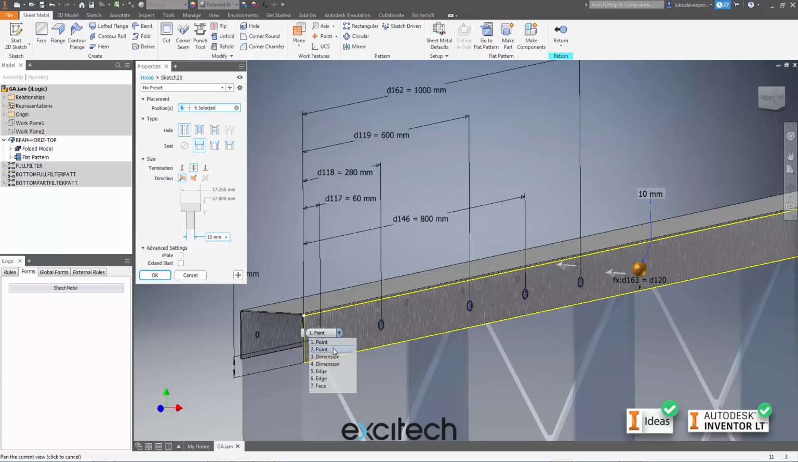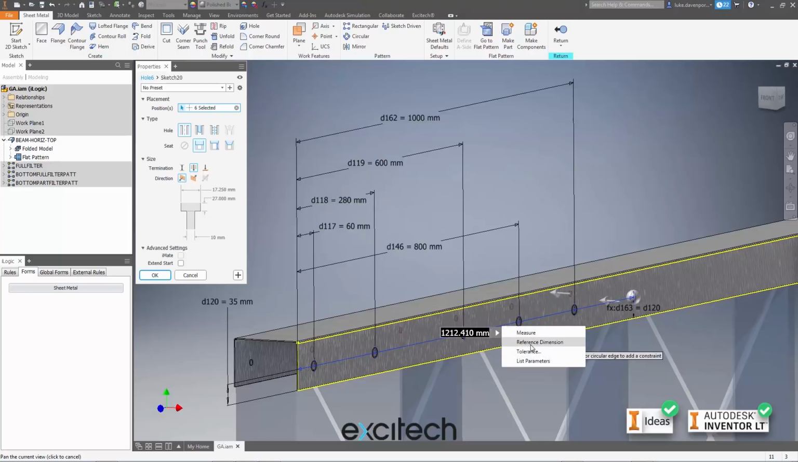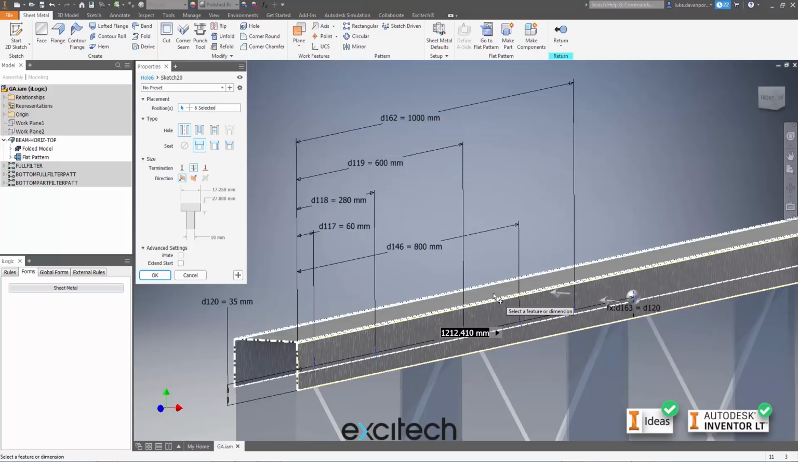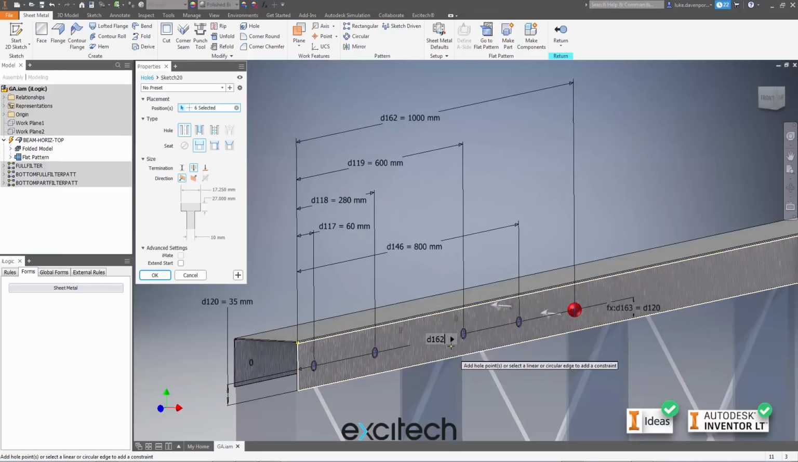I need to make sure I pick an edge here rather than a point, otherwise it thinks I need a new hole. And how far do I want this positioned? Well, again, I can select this number, and I can say I want to maybe reference a dimension. If I want to, I can just type it in, and I want to have this hole positioned this distance plus, so I'll choose that, which happens to be called D162, plus, I don't know, 100 millimeters, and that's now placed that hole